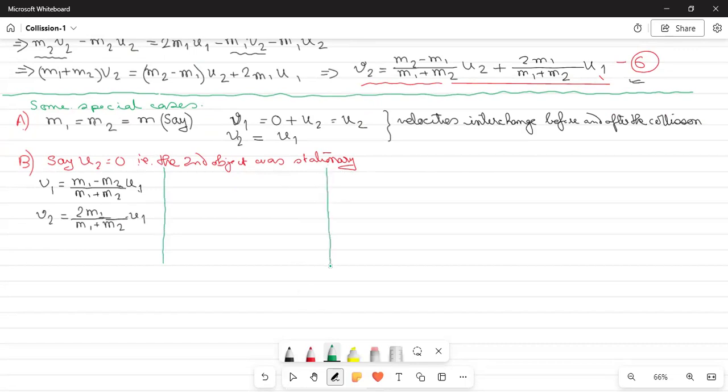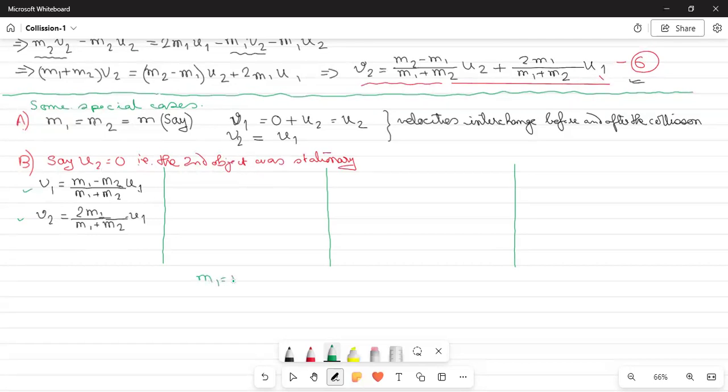First part, second part, third. Let us subdivide this. First condition is second object U2. Second object M2 was at static, so U2 was 0. In that case, equation of V1 and V2 becomes this. And let us say if